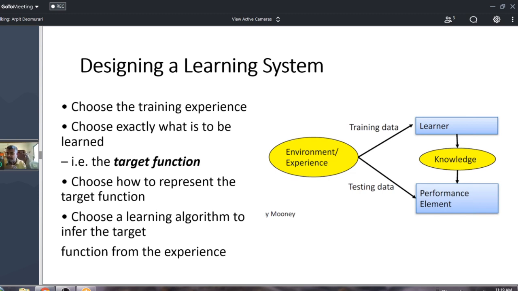So how do you design a learning system? You have a basic theory, 4 types of classifications or learning systems. Each can be mixed up, it can be jazzed up. But overall, a learning system comprises what you want to learn, or the training experience. Choose exactly what is to be learned.